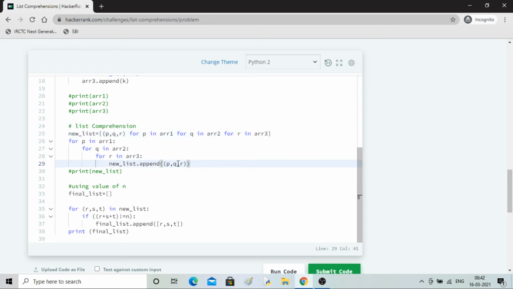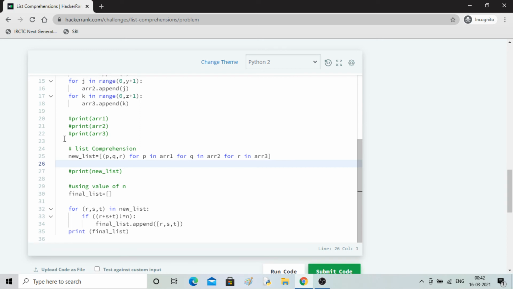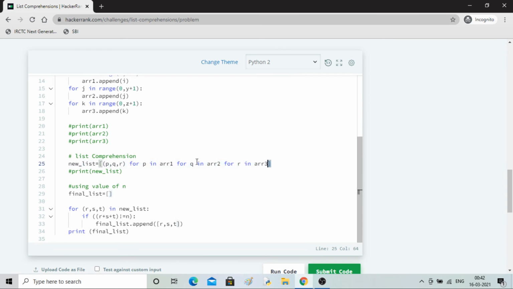Okay, and whatever these 3 or 4 lines are doing, the same thing will be implemented by this single line. That's list comprehension. So I can remove this, multiple loops I am not using, and you can see it's more concise. In one line I am performing the same operation that I was performing in 3 lines. Okay, so you can see first it will go to for loop P, then inside that it will go to Q, then inside that it will go to R, and it will take the value of PQR, put it in a bracket, and that will be your first element of the new list.